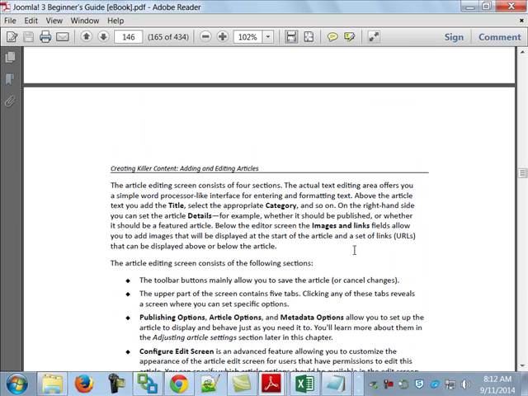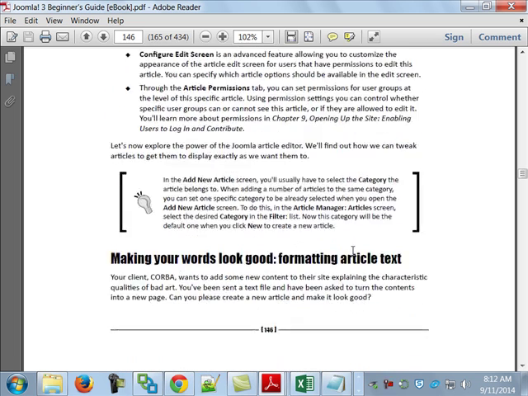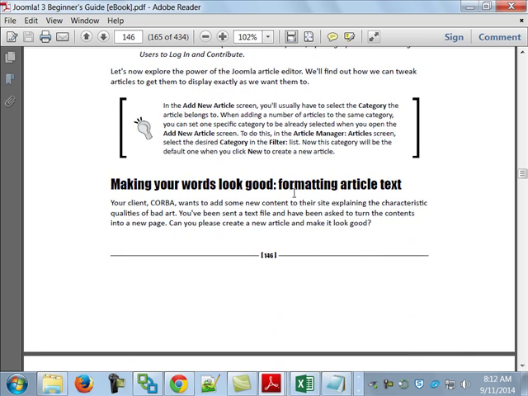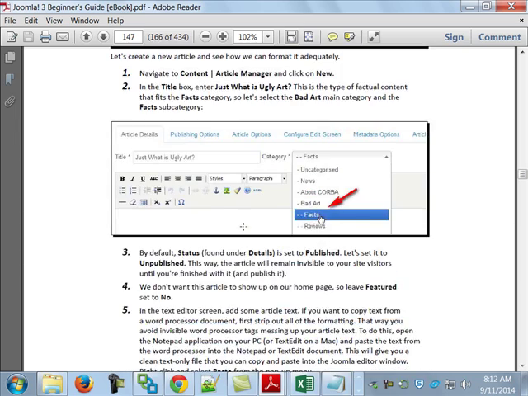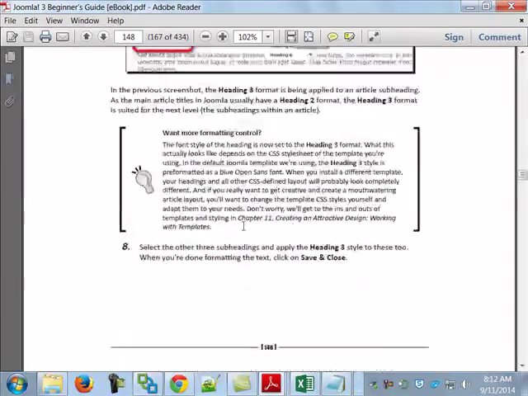So starting on the bottom of page 146, he comes in and says, making your words look good, formatting article text. So again, your client wants you to add new content to the site explaining the characteristic qualities of bad art. You've been sent a text file. Well, we're just pretending you've been sent a text file. Can you please create the new article and make it look good? So the idea, and I'm going to come back to this in a minute, but what we want to end up creating,